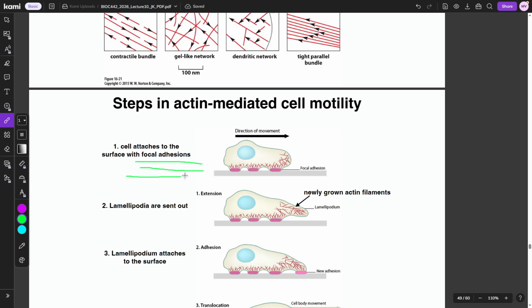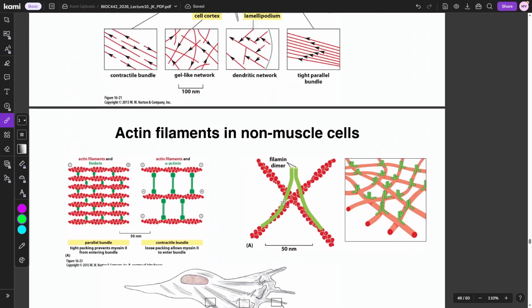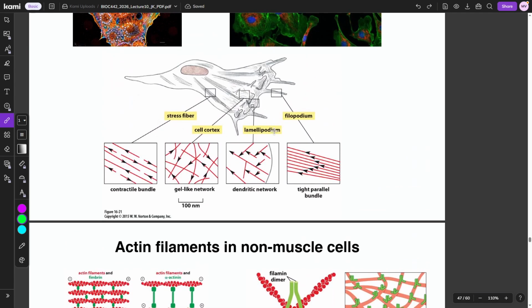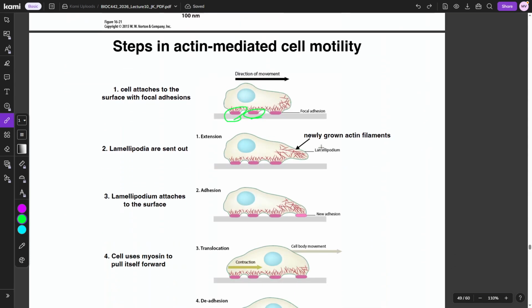These are parts of the cell itself. They form when the cell is trying to attach to something, and they involve actin in them. So we can see here, these are attached with these focal adhesions. And what happens after this is we send out a lamellipodia, and that is similar to a filopodium, but it's like these lamellipodium. So these lamellipodium are sent out, and basically this has to happen through growing of